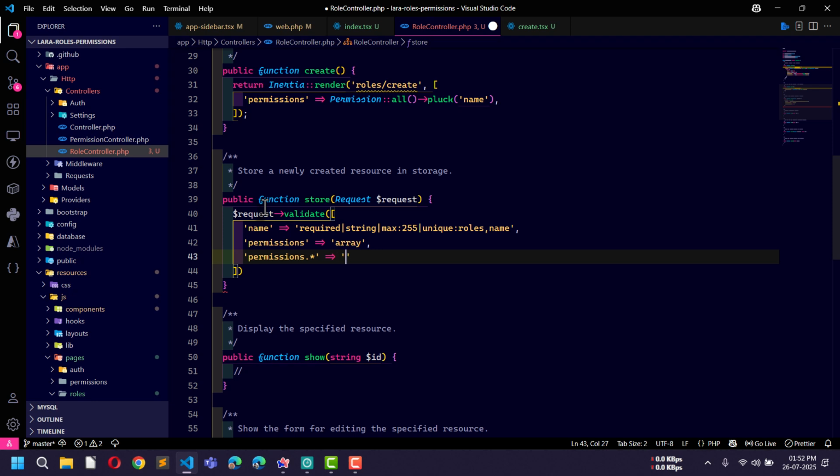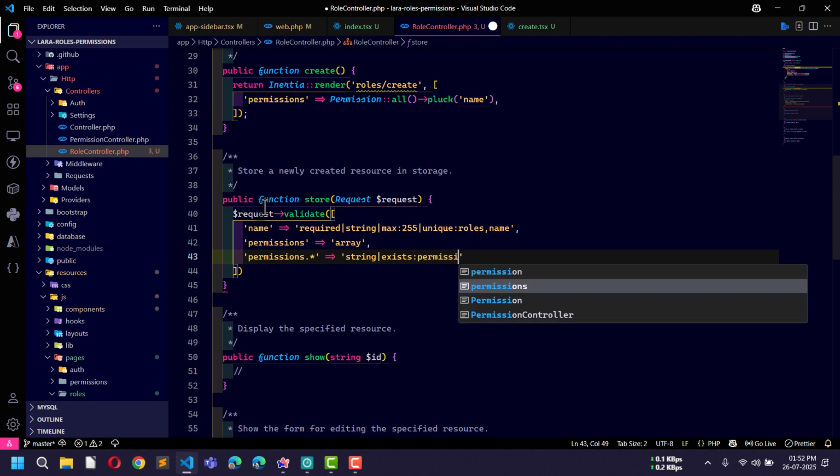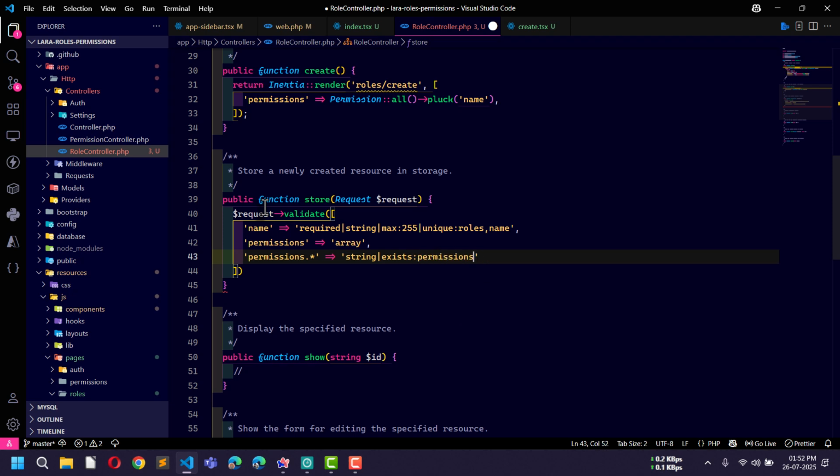So a single permission should be in string format, and it should exist in the permissions table and the name column. Okay, and then